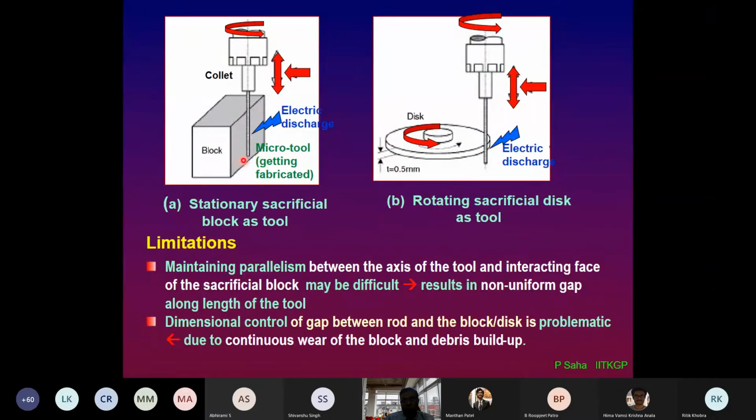But similar to earlier cases, the parallelism problem is not so much, but what may happen is the erosion of the disc. The stroke length, how much it should go up and down, I can control, so to what extent this discharge is created, that I can control. But at any instant of time, the discharge will be restricted only within a very small zone. Now the gap is very small, so the earlier top and bottom problem is not there.